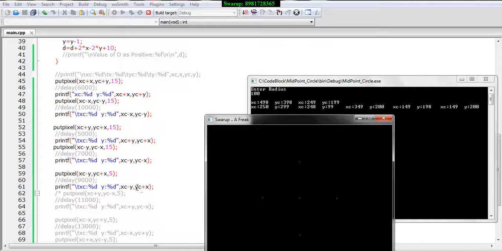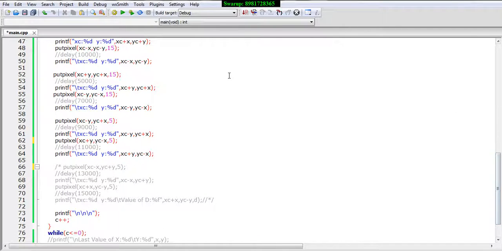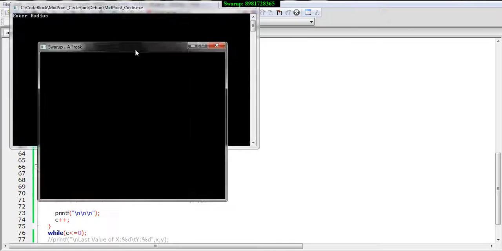Okay, in the same way, your yc value is 199 plus x, that is 1, which makes it 200. So it's a 200 column, sorry, it's a 200 row. So it is 149 column and 200 row. That is where it has been plotted. So now the reverse effect has to take place over here. Let me remove this command line. So this is the reverse section that is getting printed out. Okay, so 2 more remain after this. I hope it is getting clear for you how the thing has been plotted.